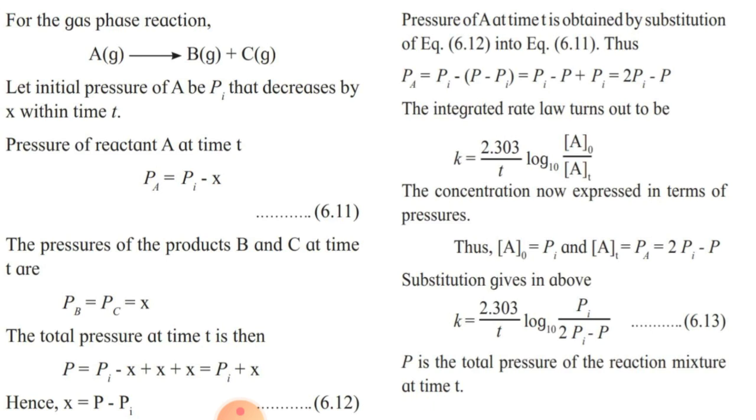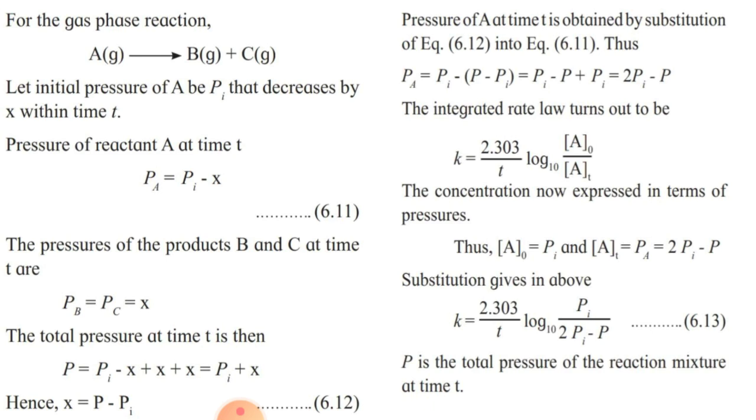Fine. So here we open the bracket, Pi minus P. Here minus Pi will be converted to plus Pi. Why? Because minus minus is equal to plus. Solve the equation. It is a very simple equation. Simple mathematical terms: Pi minus P plus Pi. Take the Pi together. It will become 2Pi minus P. Here, fine. We are getting the value of Pa, which is equal to 2Pi minus P.